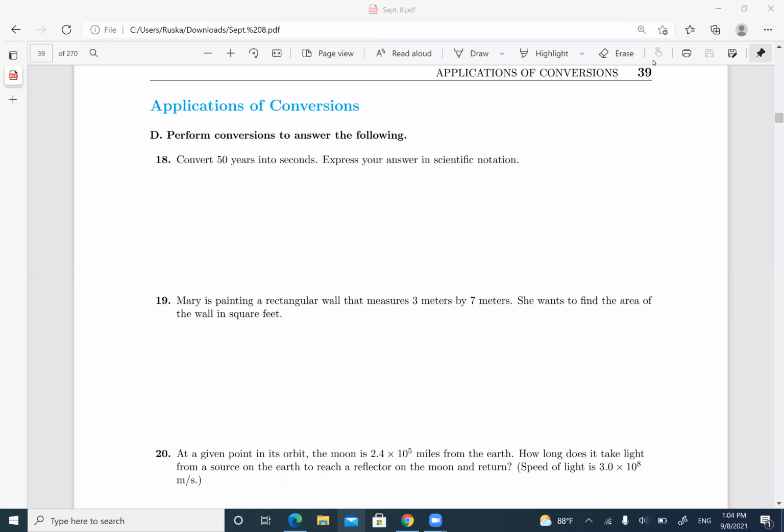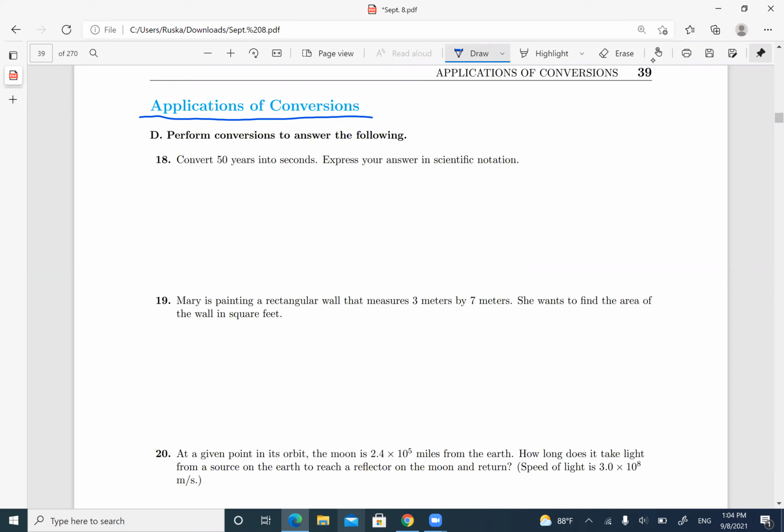Okay, so today we're gonna go over some applications and conversions. Last time we talked about conversions. We did different conversions, and then we're gonna do some word problems, applications. So for the conversions, we're gonna look at